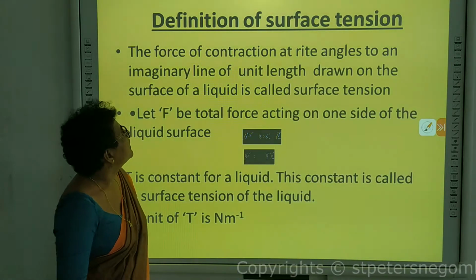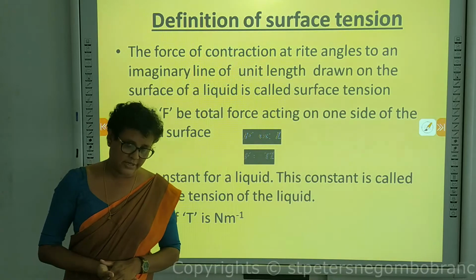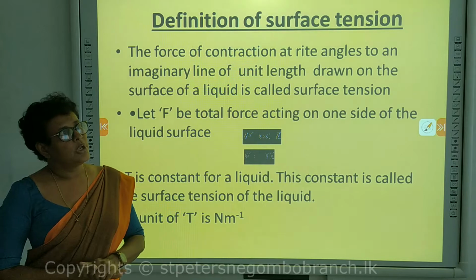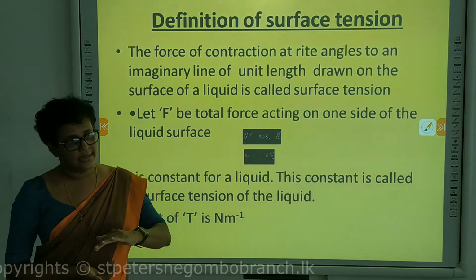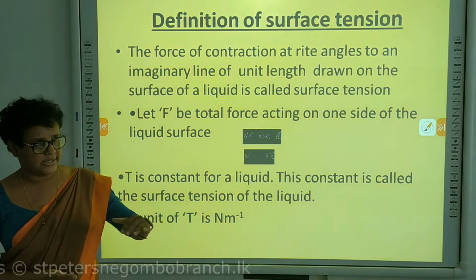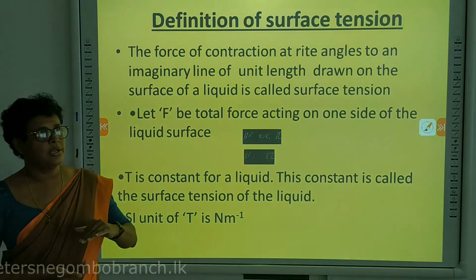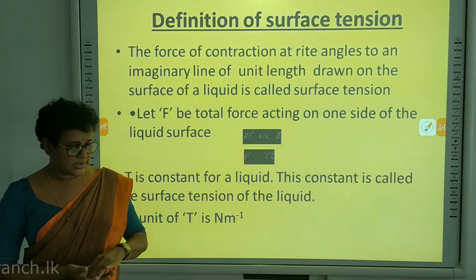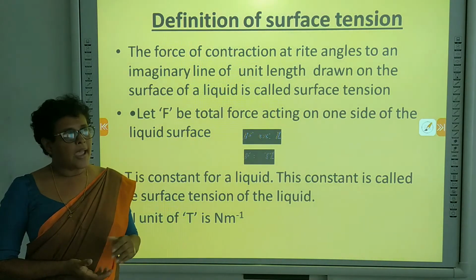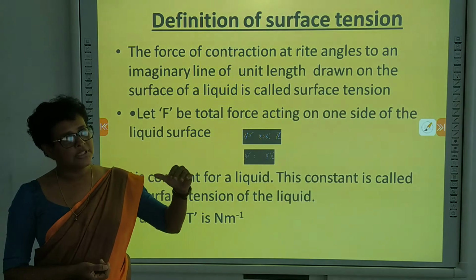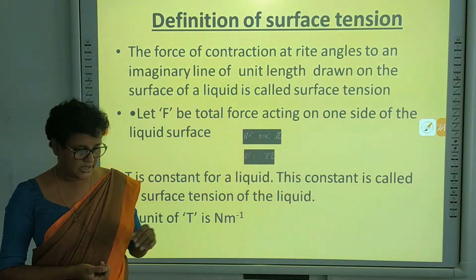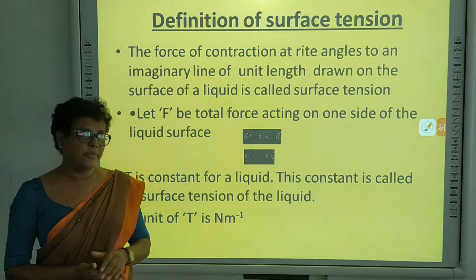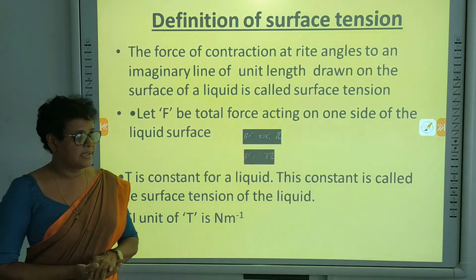Now we want to find out the definition of surface tension. In physics, here we use this definition. If you draw a horizontal surface, or sometimes it is curved inward or outward, we can draw a small line on top of that, and we will calculate the force on that line and divide by that length. Then you will get force per length, which we define as the surface tension.